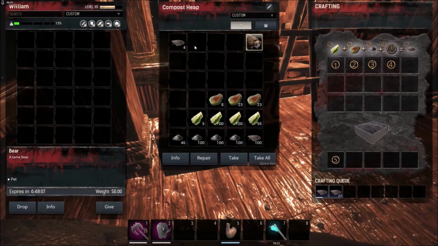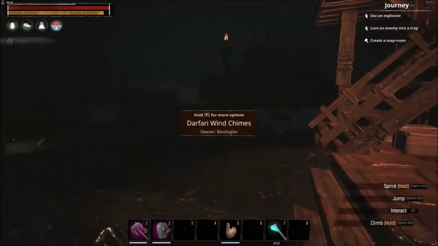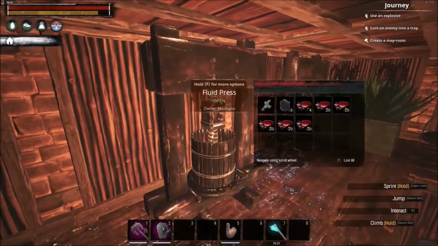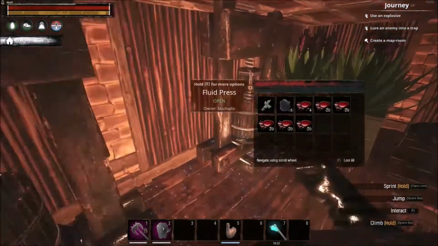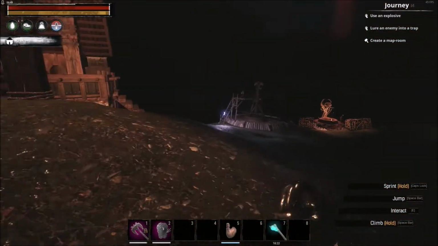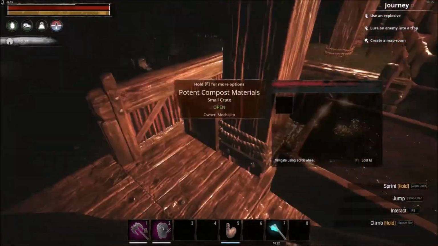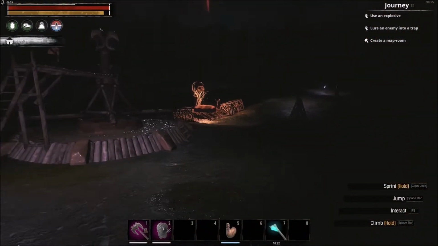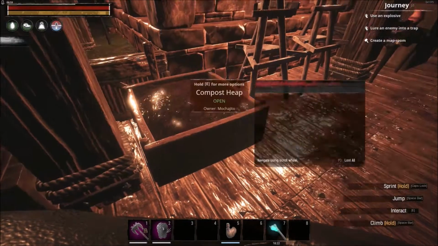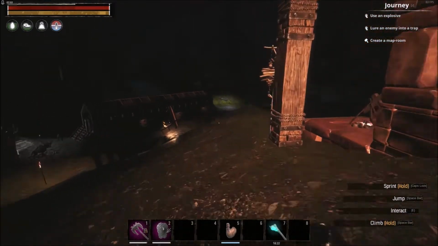And when they die, they turn into a carcass. And when they turn into a carcass, you crush them in your fluid press right here. And that produces 10 bones apiece. So you pretty much thin out the population, and it's pretty much bear cub genocide. But it works if you're a follower of Yogg, or if you just want a lot of bone meal for your compost production. Anyway, this video is about 7 minutes long, so